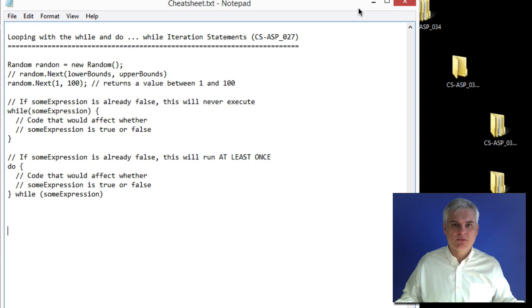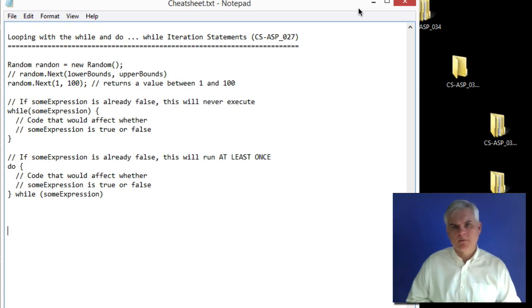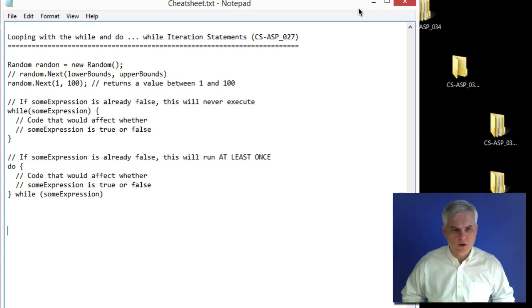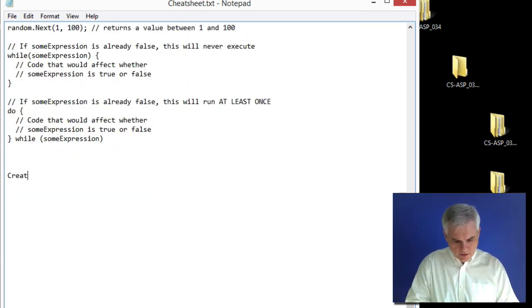This is the cheat sheet review for pretty much all the lessons regarding methods, from lesson number 31 on through 34. I just decided to package them all up in one video. Okay, so let's start with creating overloaded methods, and that would be in